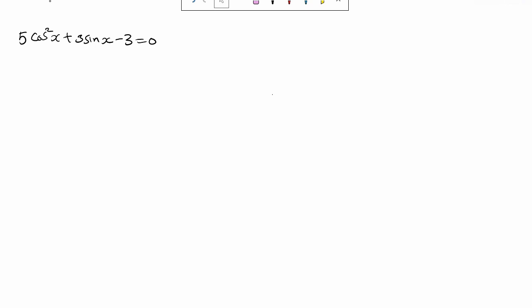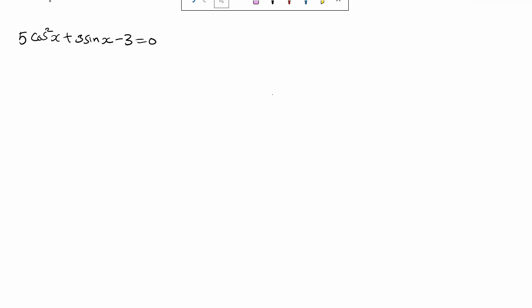All right, now let's go through this one again. This here is a trigonometric equation: 5 cos squared x plus 3 sin x minus 3 equals 0, and we are supposed to get the value of x. Now there's a trigonometric identity